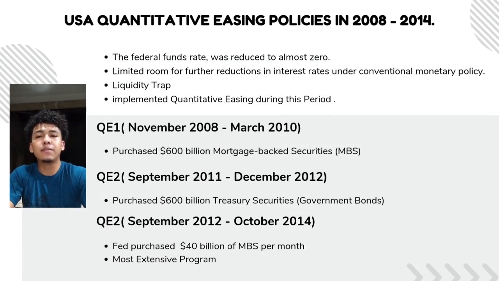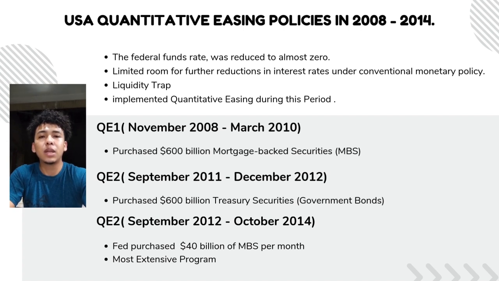USA's quantitative easing policy in 2008 to 2014. The post-2008 financial crisis was the worst period of economic recession since the Great Depression. The economies of the United States and other large economies were in a very poor state and required measures that had not yet been tried before. However, the fiscal stimulus was complemented by monetary policy measures taken by the Federal Reserve, the Fed, the central bank of the United States, in the form of quantitative easing programs between 2008 and 2014.